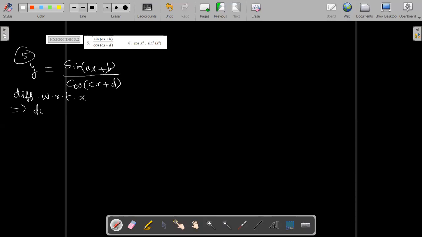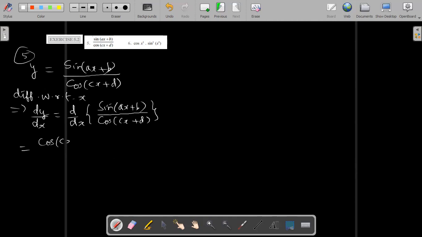So dy by dx, that is called the derivative, and d by dx of these two functions. You have to check in which order the outermost functions are. It is in the quotient rule, in numerator and denominator separately, not the composite one. So first you will use the numerator-denominator formula. You have to leave the denominator as per the formula, cos cx plus d,